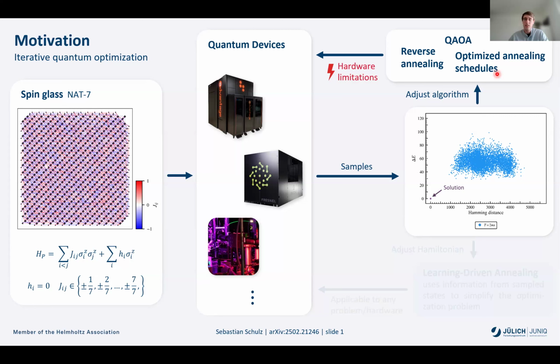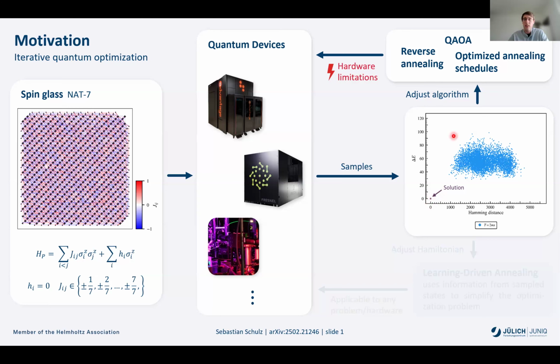allows us to do. So on the D-Wave system, for example, we can tweak the annealing schedule to some extent, but it always has to be monotonic. There's a maximum slope that we can set. There are also fixed initial and end points. So we can only tweak this to some extent, and this will not allow us to actually reach the solution